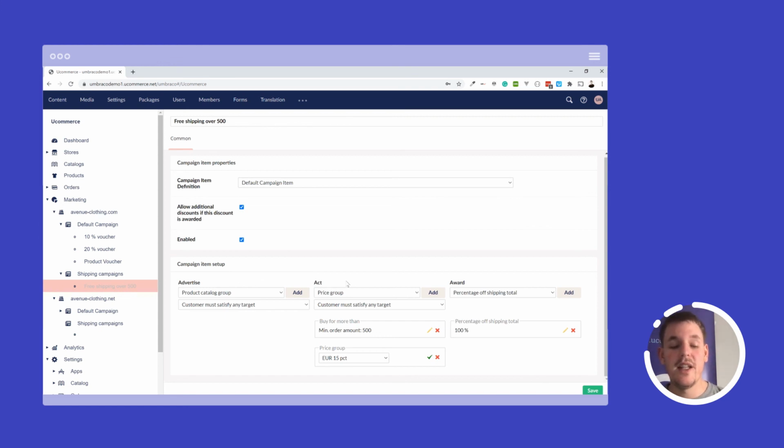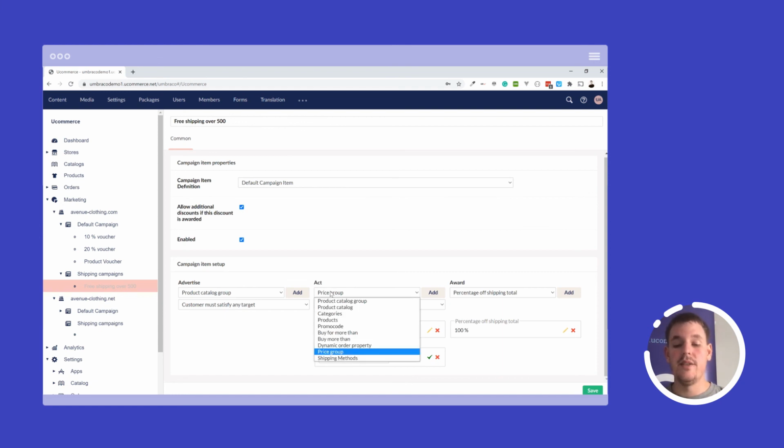So this is really advanced. You don't have to start out by using the discounting system. You can launch your website without it, and then as you go, figure out I want to have some campaigns active on my store. Then you just set them up, and it will start to kick in automatically as you go. So no need to have this in your V1 of your web shop if you don't need it. But as said, UCommerce will just kick in and do its job once you activate it.